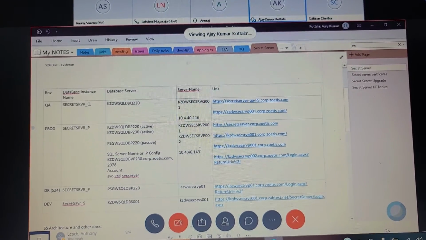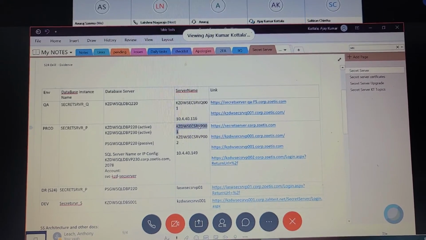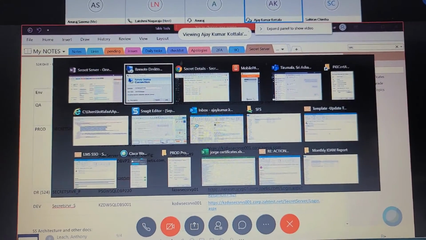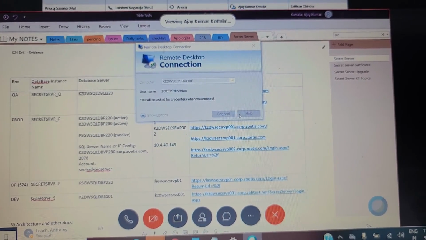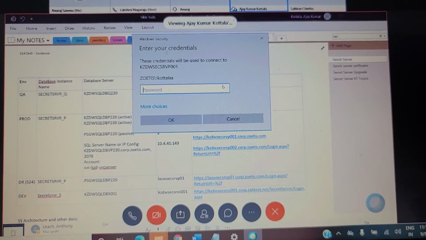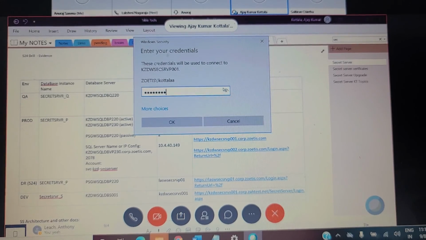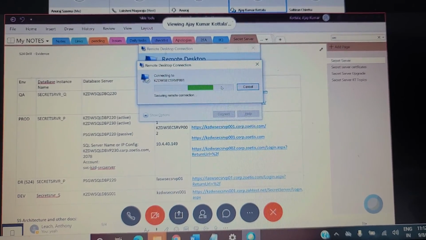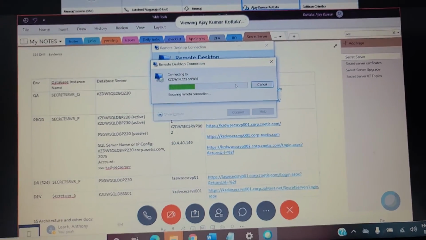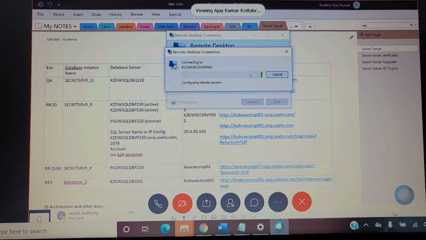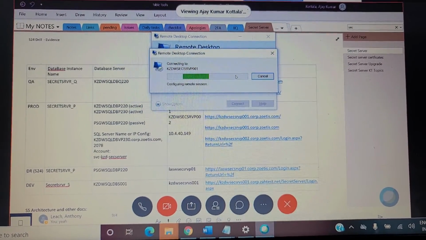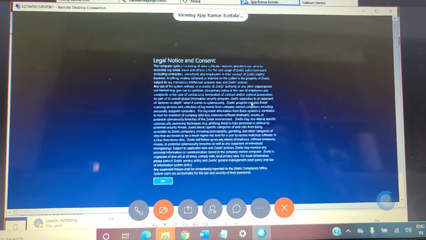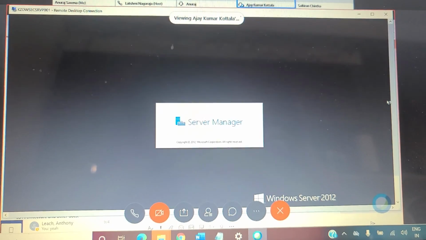I log into one dev server. Yeah, it's 199. Okay. This is